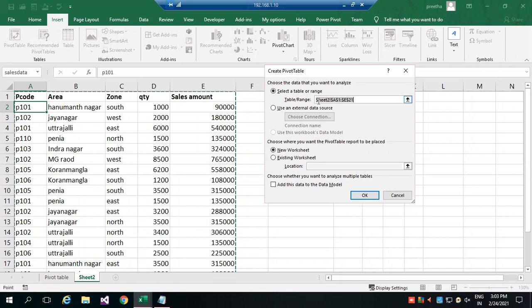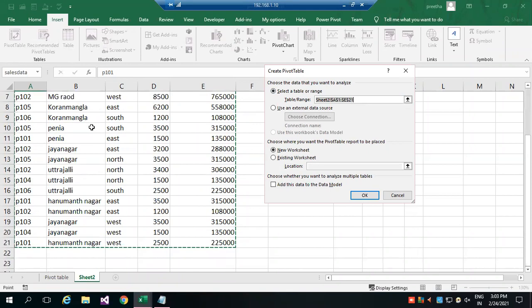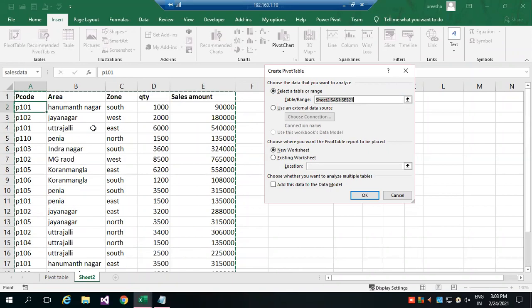Then it automatically selects the range by itself. You can see the range Sheet2 exclamation $A$1 to $E$21. So my data range is A1 to E21, which is in Sheet2.